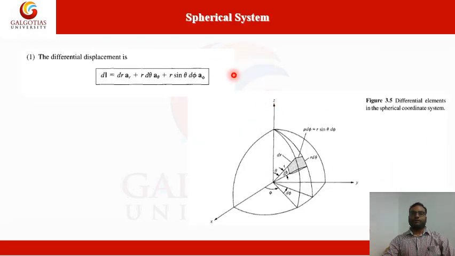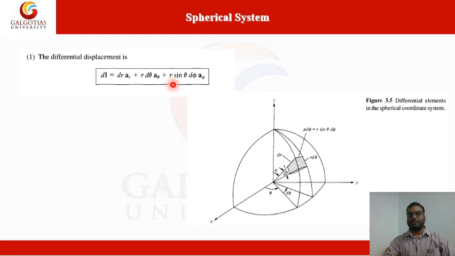Now let's come to our last coordinate system, the spherical system. Here let us see what the differential length is: dr in the direction of ar. We know r is the radius made by the angle theta with the z axis, and r is the distance between the point and the origin. Now, r d theta, what is this? This d theta moves along with r. Likewise in the cylindrical coordinate system phi moves with rho, so in the spherical system r moves with theta. So r d theta is in the direction of theta.